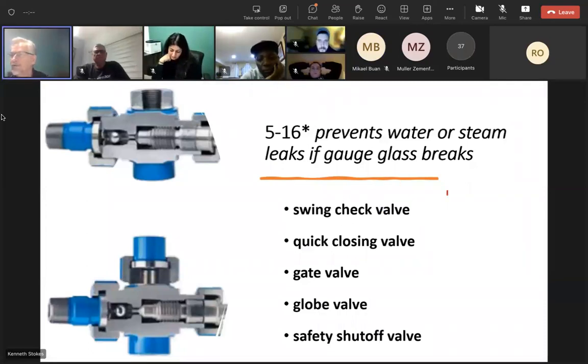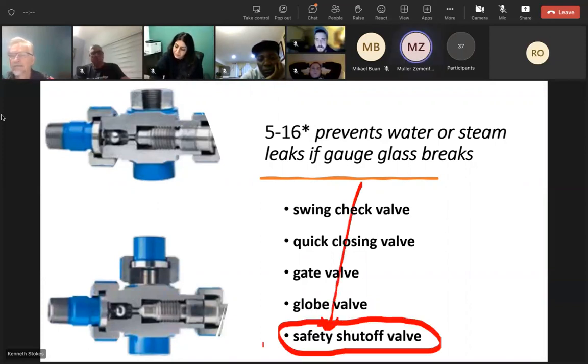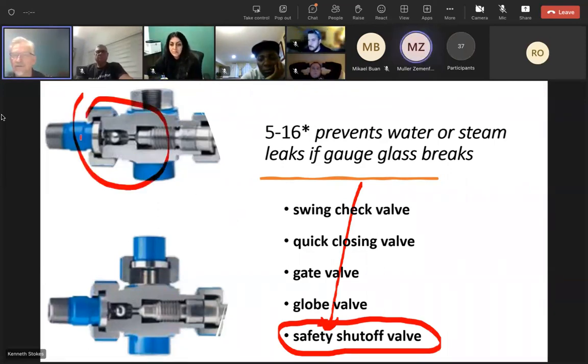Water steam leaking if a gauge glass breaks. One of these. Globe valve. Safety shut plug. Okay, these have little stainless steel balls in here. Should the flow out to the